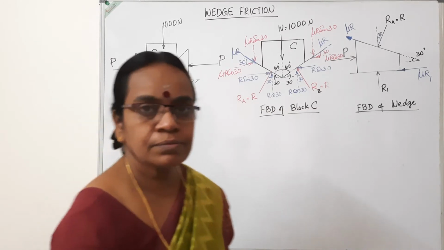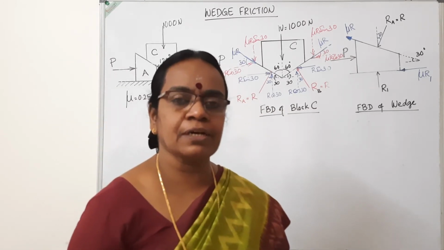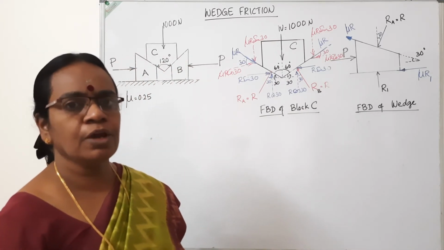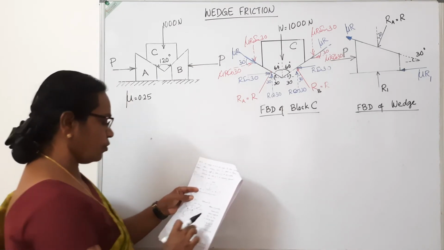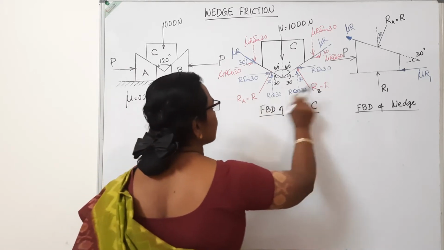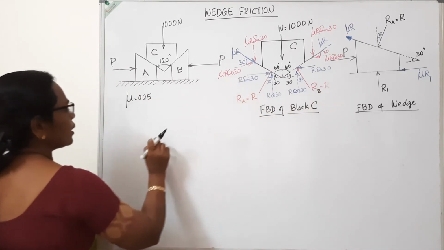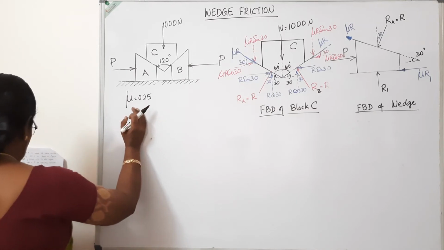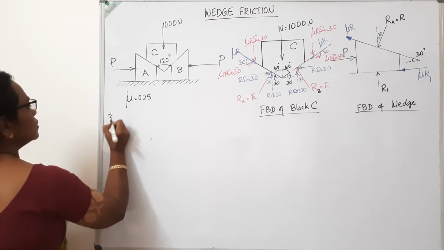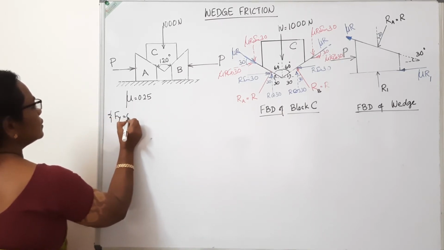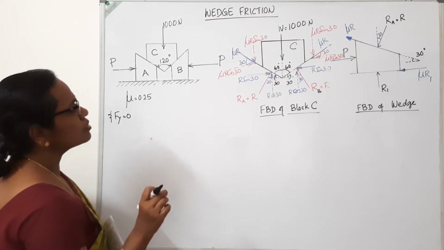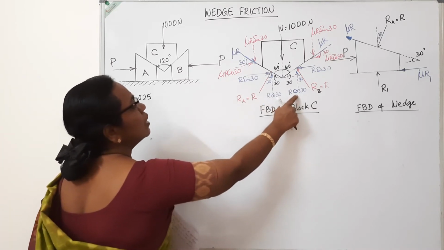So now we have resolved all the forces into horizontal and vertical components, that is, in the global x and y directions. Now simply write sigma Fx is equal to 0, sigma Fy is equal to 0. Please note, because of symmetry, RA as well as RB are the same, equal to R. Now considering the free body diagram of block C and writing sigma Fy is equal to 0 first, considering the equilibrium of all the forces in the vertical direction, what are the forces in the vertical direction? R cos 30, R cos 30.